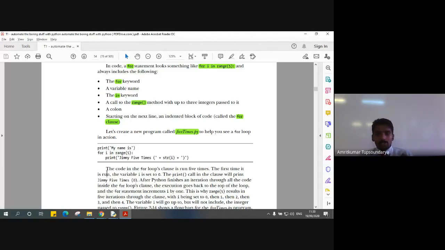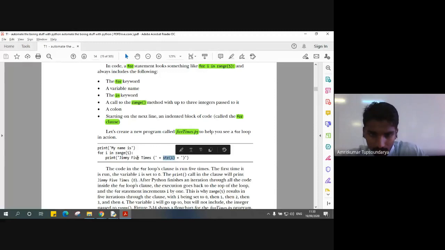Because these are two different data types, we cannot concatenate them as they are. We have to convert the integer value into a string value by using a simple inbuilt string function.